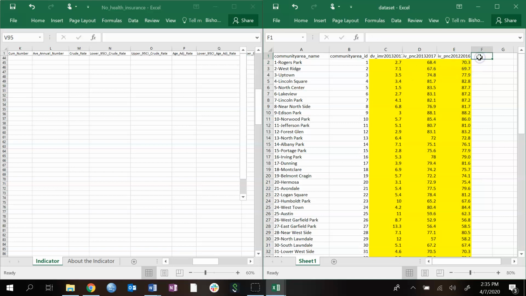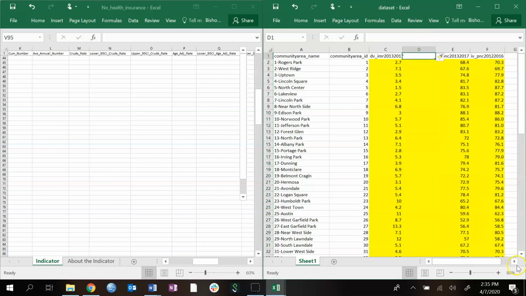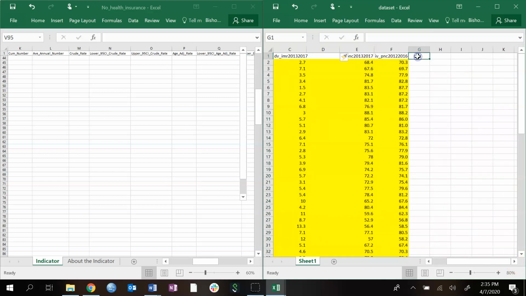I'm going to start over here. Actually, let me put a new variable in here for IMR in case I need it. All right, so this is going to be an IV, no health insurance,